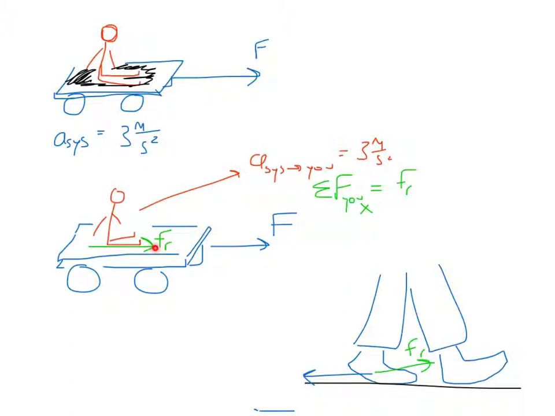To be sure, friction is something that keeps you on the road. Friction between your tires and the road keeps you on the road going around the corner, and we'll talk about that a little bit later as well. But you're going to be seeing some problems in homework where friction is the only force acting on something to move it forward, and you're going to need to find out what that is to solve for it. So that's a little bit about friction. Look for some other videos on friction problem examples in your notes or problems from your homework,